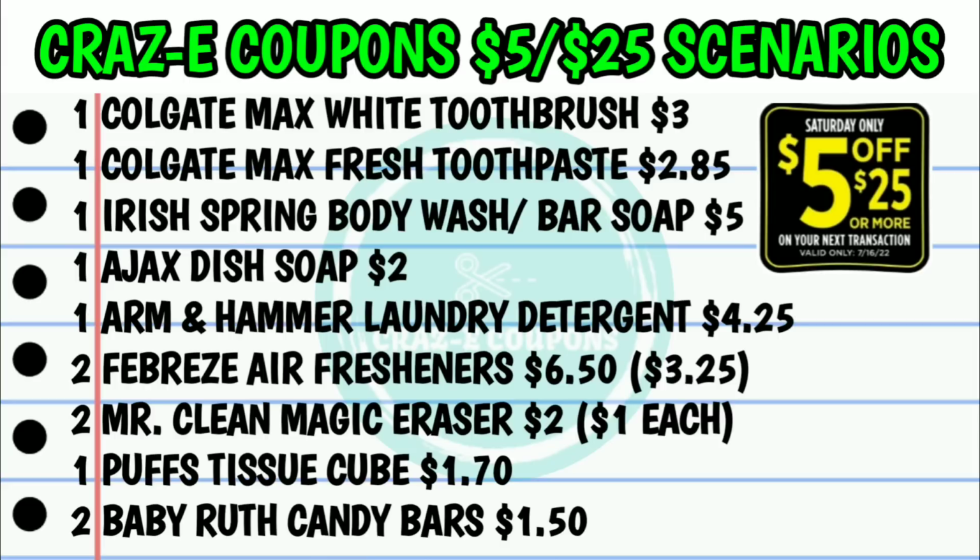So for this one, you want to pick up one of the Colgate Max White toothbrushes at $3, one of the Colgate Max Fresh toothpaste at $2.85, one of the Irish Spring body washes or the 8-count bar soap at $5, one of the Ajax dish soap for $2, one of the Arm & Hammer laundry detergents at $4.25, 2 of the Febreze air fresheners at $6.50. Those are $3.25 each,